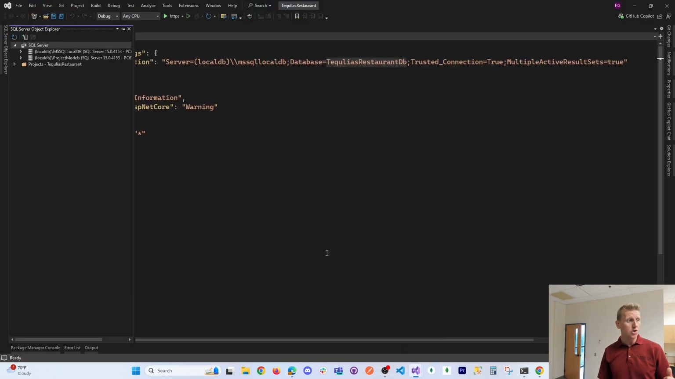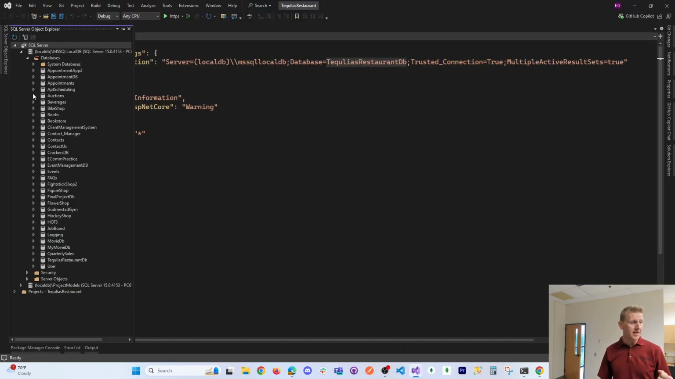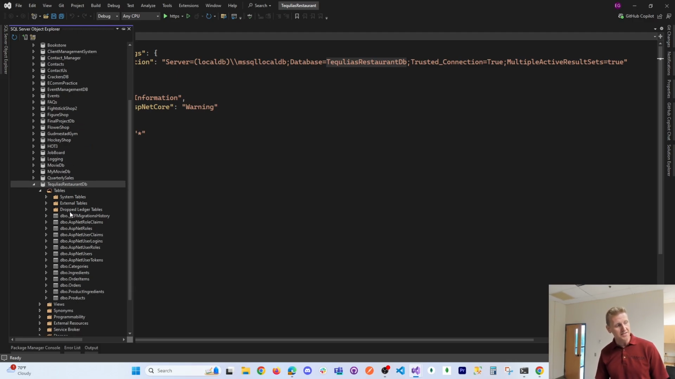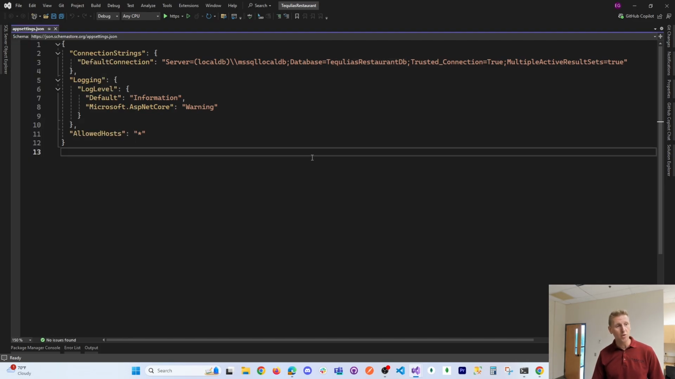And you're going to have used Entity Framework to create your database. In my case, this is Tequila's restaurant database, as well as the tables in that database. These tables support identity in ASP.NET, but here are our ingredients and here are our products, as well as the join table in between. So that's what we're going to work on today. We're going to code out that front end